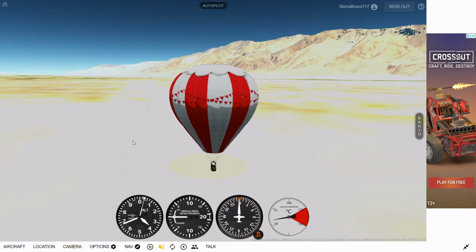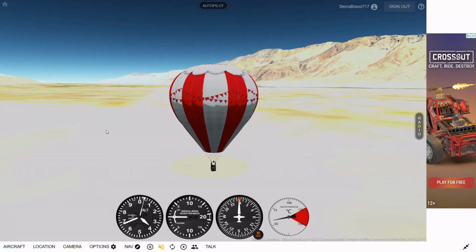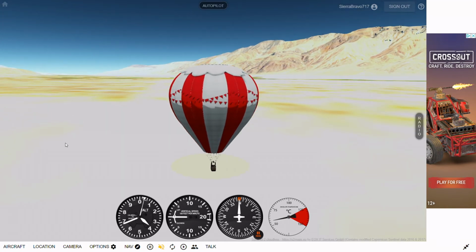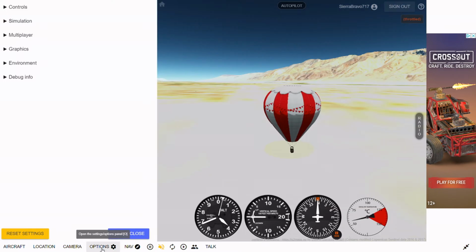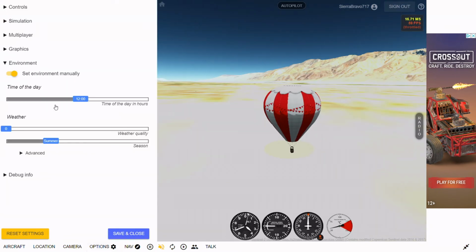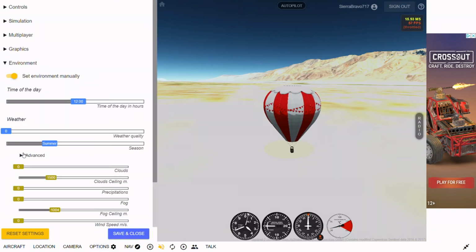The temperature inside the balloon is probably the same as the ambient temperature around in the environment right now. However, if I go to the environment settings, and let's say I set the